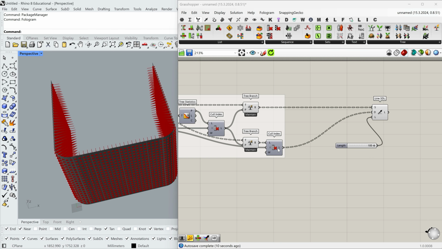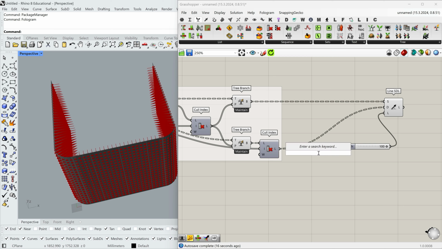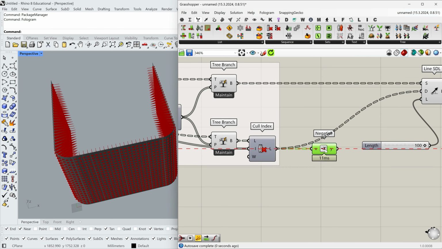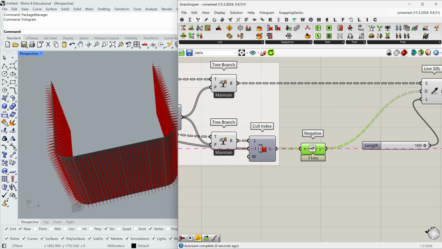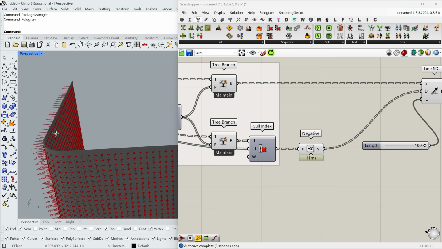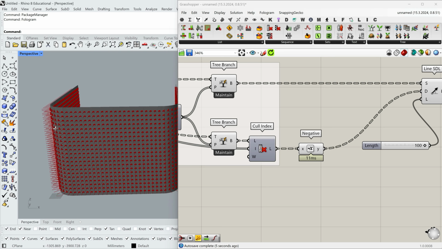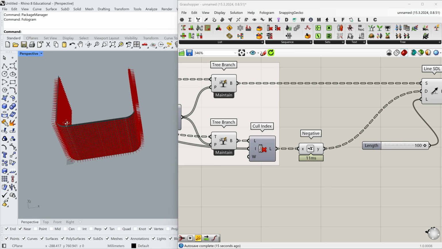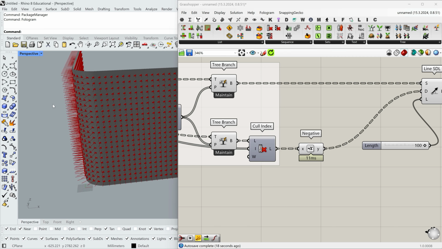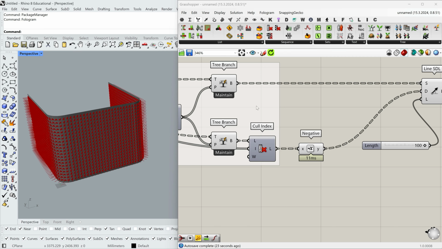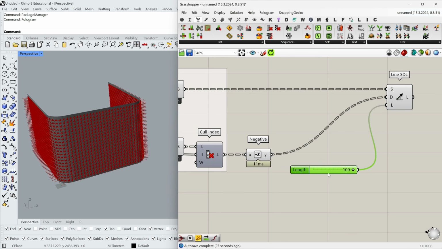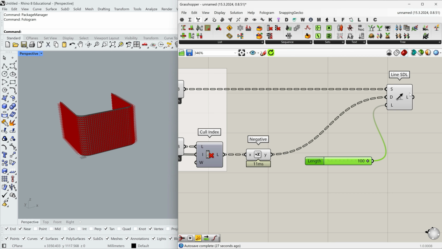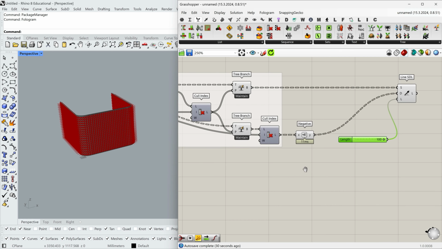That's not perfect. And what I need to do, I need to make all the vectors opposite. So I'll just use negative component to switch the direction of every vector we have. Great. Now rods are good. Let's add some pattern to it. You can use whatever you want. You can do attractors, or we can use some noise.